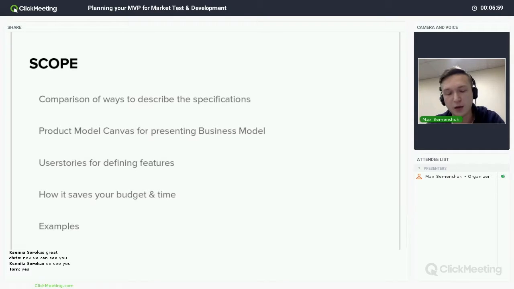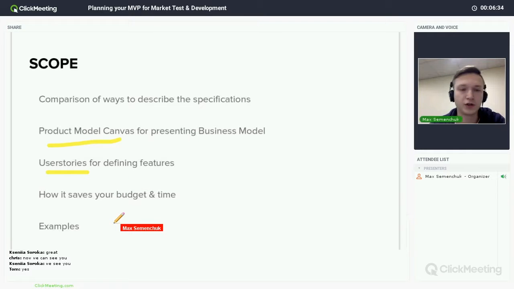You need to describe the way it should look, and we'll go through different ways on how to do that, and I'll specifically describe in detail two very valuable techniques, which are the lean canvas and user stories. I think those are the core options for the early startup, before you have lots of operations, lots of team members. When you just want to start, those are really good techniques to describe what you're going to do.